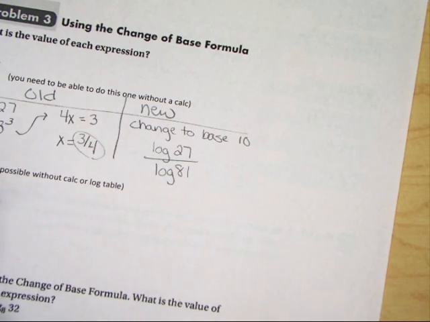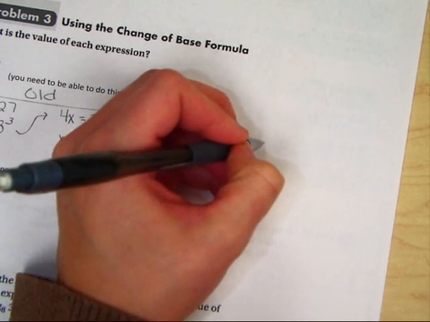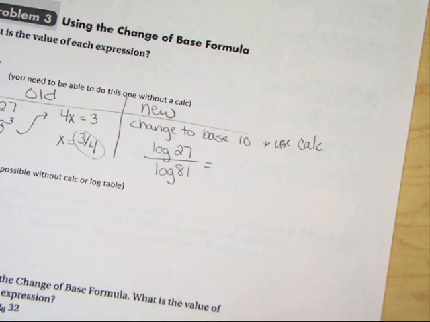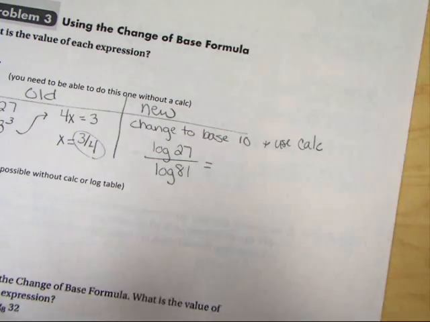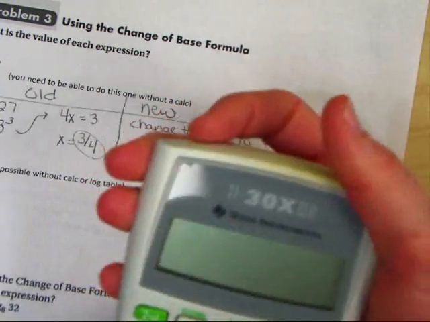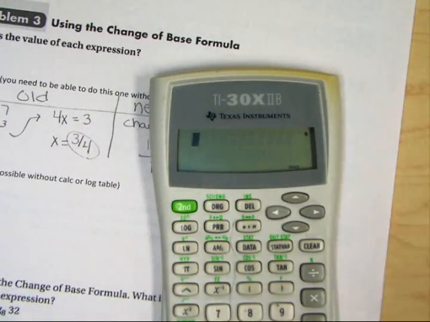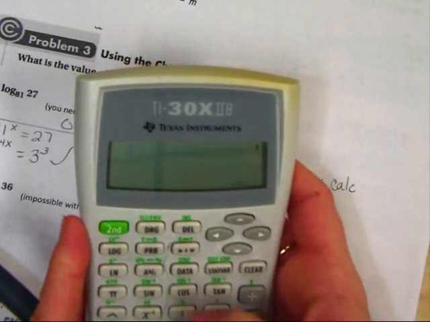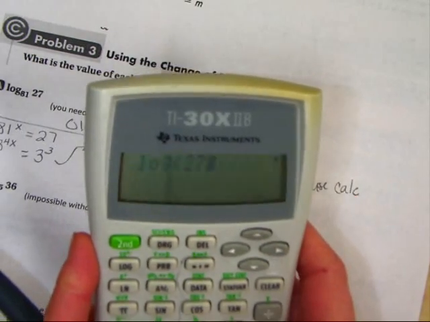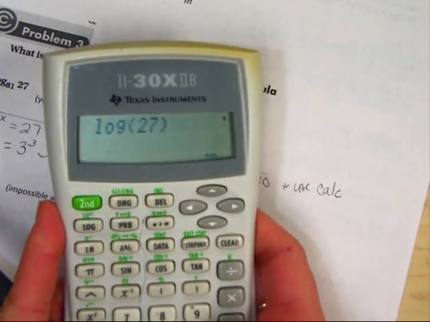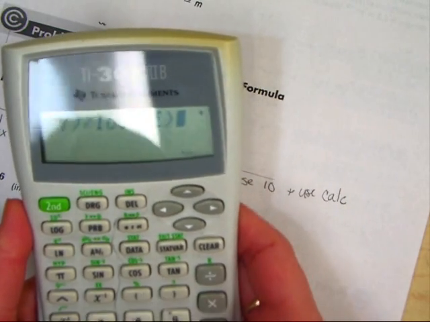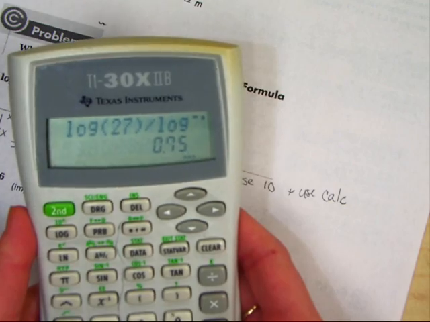Notice now it's in a base of 10. I just stick it in your calculator, and you can use a basic calculator. In fact, here I'll find my basic calculator and I'll show you. You don't have to use the big fancy ones. Okay, I think even your computer at home should have this. There, that looks pretty good. Log of 27, close your parenthesis, divide by log of 81, close this parenthesis,